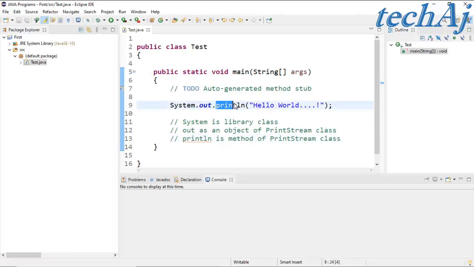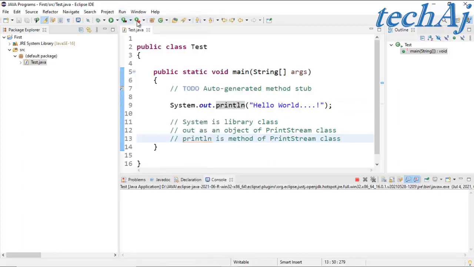So this println will print this message and move the cursor to the next line, so that we need not use the \n. If we save, go to Run, and we can observe the output in the console window.